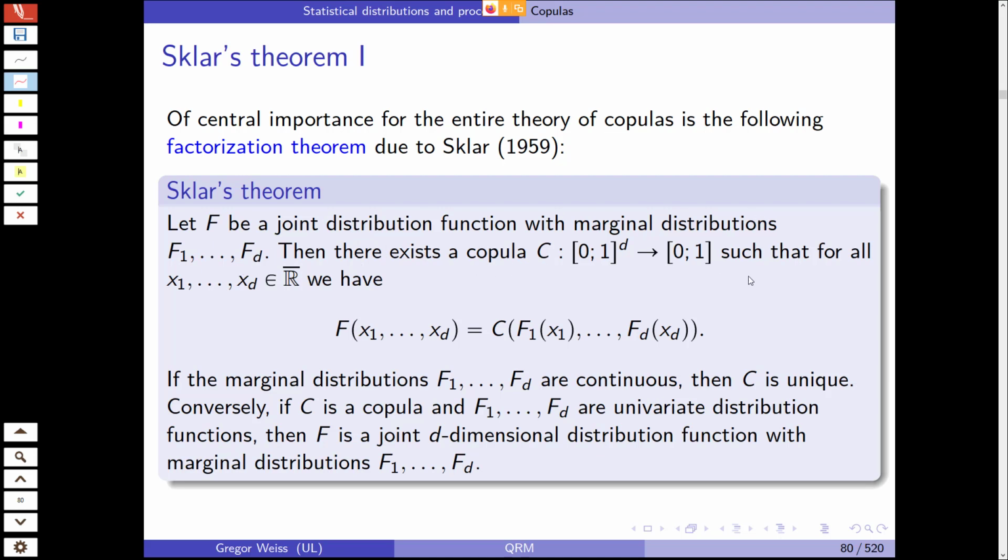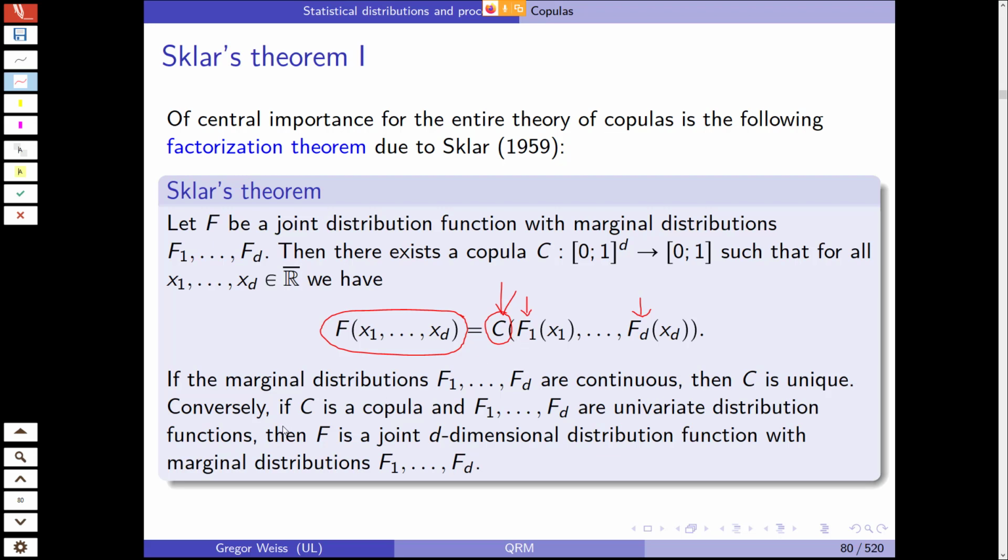there exists a copula C such that for all x1 to xd, the joint distribution is given by the univariate marginals inserted into the copula. So you need two ingredients. You need the copula itself, and if you insert the univariate margins F1, F2 up until Fd, then you get the joint distribution. If the marginal distributions F1 up till Fd are continuous, then C, the copula, is